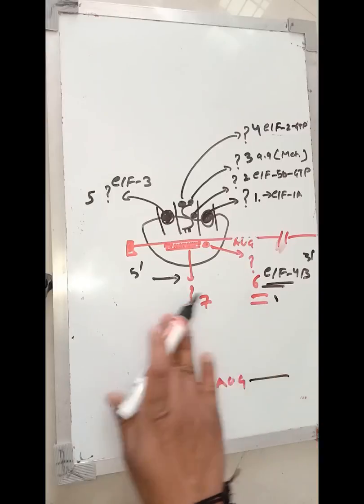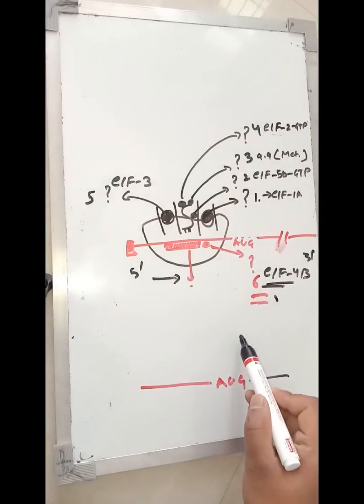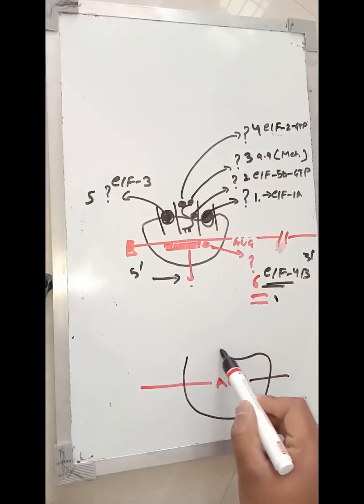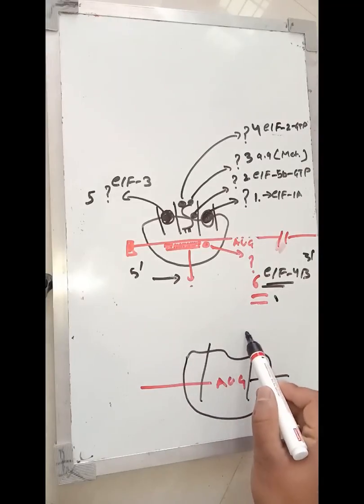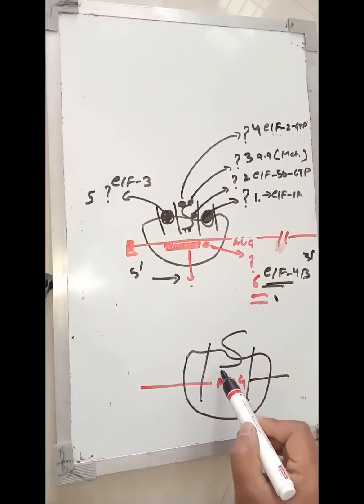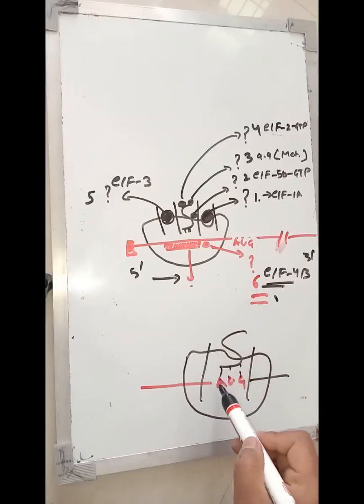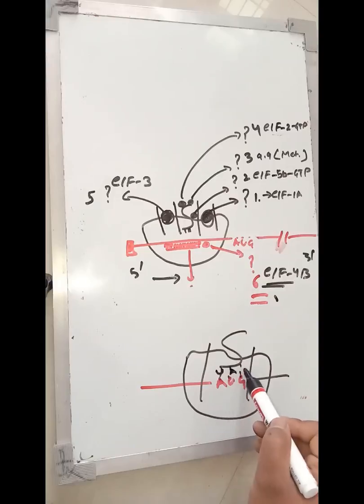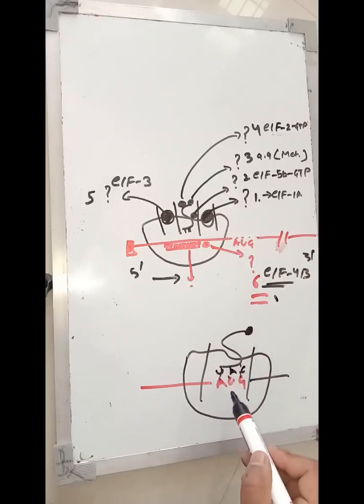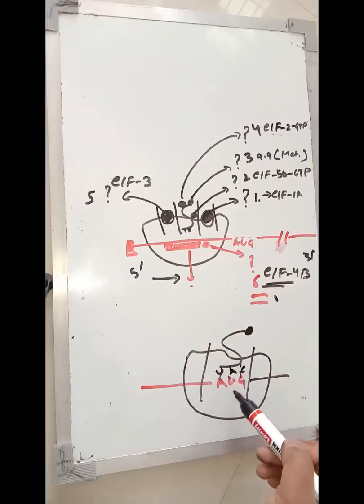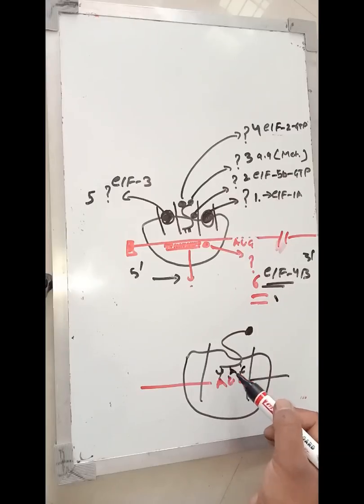Here is a small subunit along with other factors, and a charged tRNA. Once it is recognized by the charged tRNA with its anticodon, say opposite to UAC, so once it is recognized with the anticodon and codon complementation, it causes the release. So once tRNA is bonded with the codon with its anticodon, the factors present here,